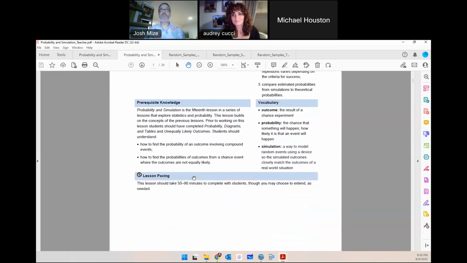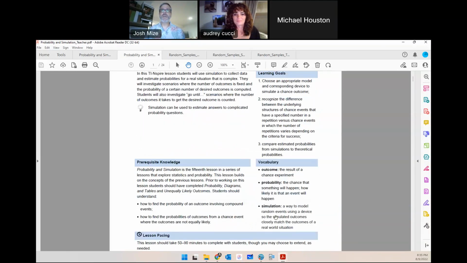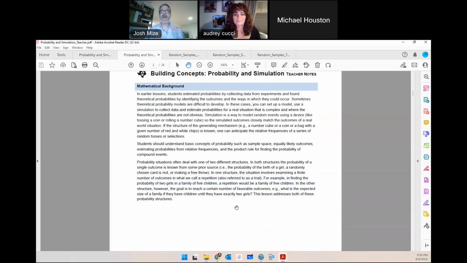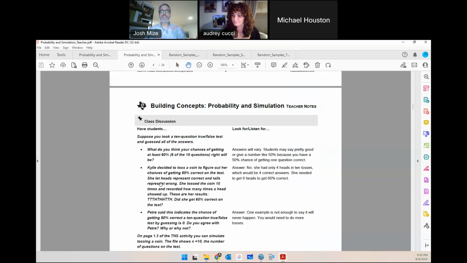But what I really liked about this particular activity, again, focusing on some of the vocabulary, what is an outcome, what is probability, what is simulation, how we are going to tackle that. But the TI-Nspire technology skills are relatively simple to go through many of these statistics activities. It does talk about what each of these terms or buttons, you're going to find them to be on the screen, will do. I wanted to pull up the teacher document because